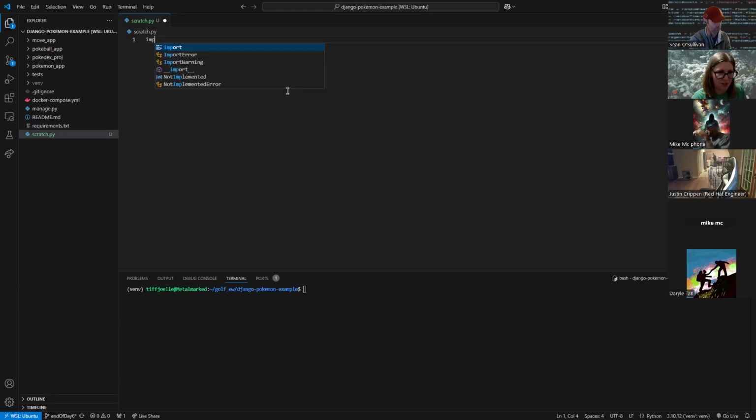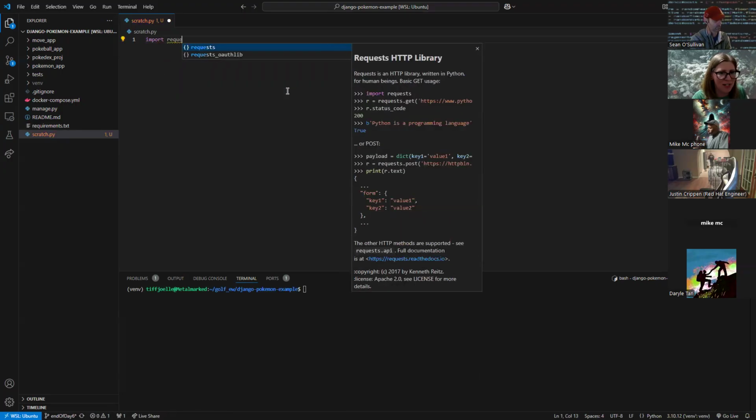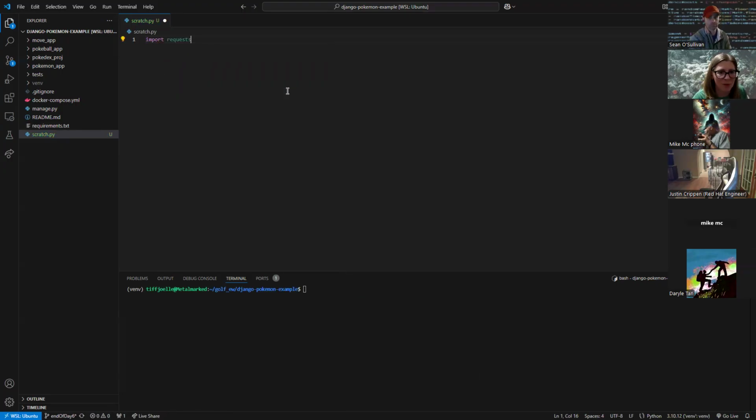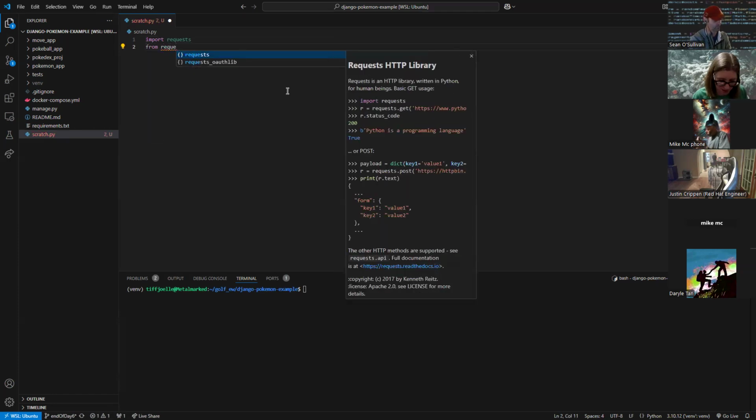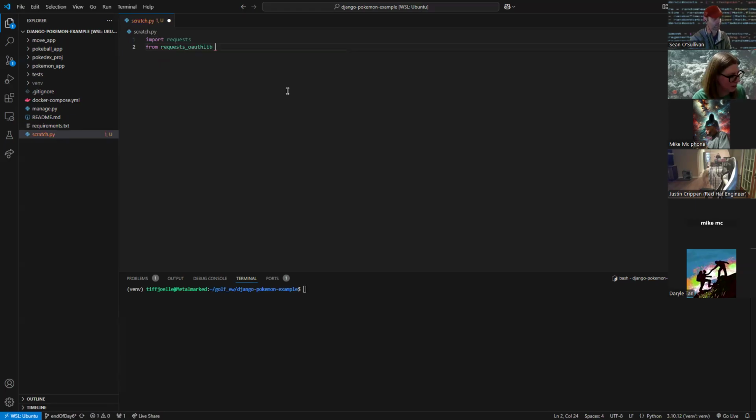So the first thing we want to do when we have a library that's helping us out is import it. So we're going to import requests. And then from the requests OAuth library, we're going to import OAuth 1. Okay. So this will give us the library we need to work on our request. So,